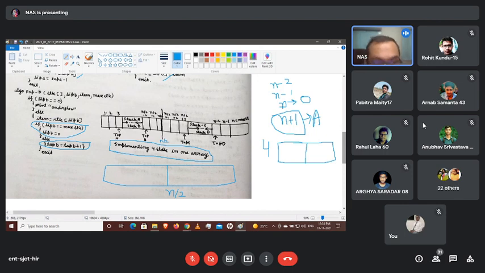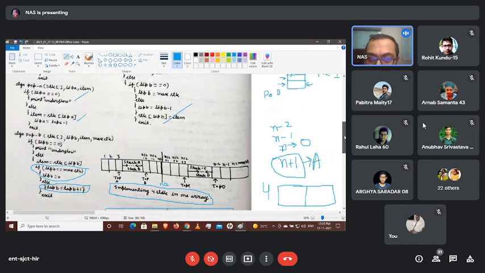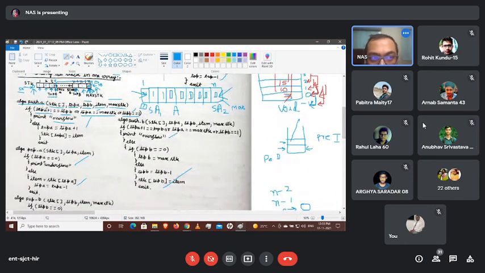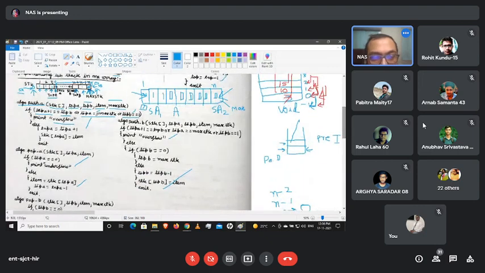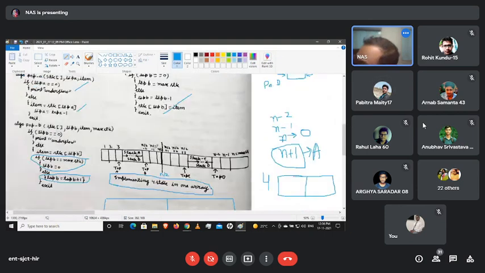So stack A and stack B will range from 1 to n/2, and stack C and stack D will range from n/2 up to n. Now the same thing is going to occur here. If we are using the push operation, what will the overflow conditions be? The same as before: if top A plus 1 equals top B, then an overflow condition can occur. Second, top A equals, instead of max stack, here you are going to write n/2. Very good, exactly.